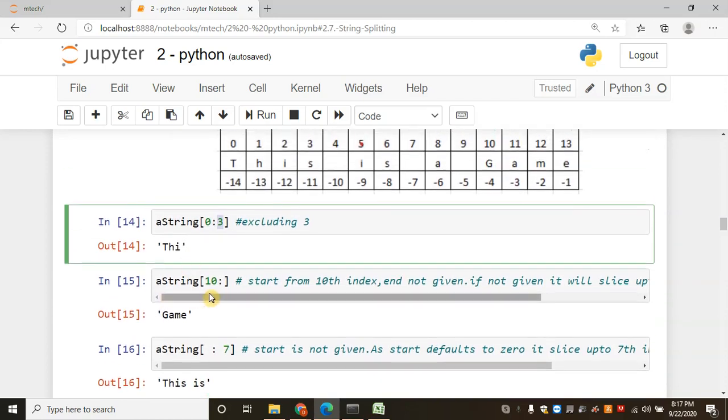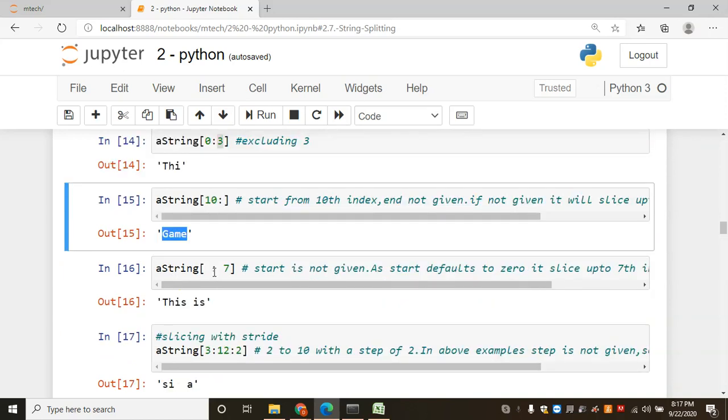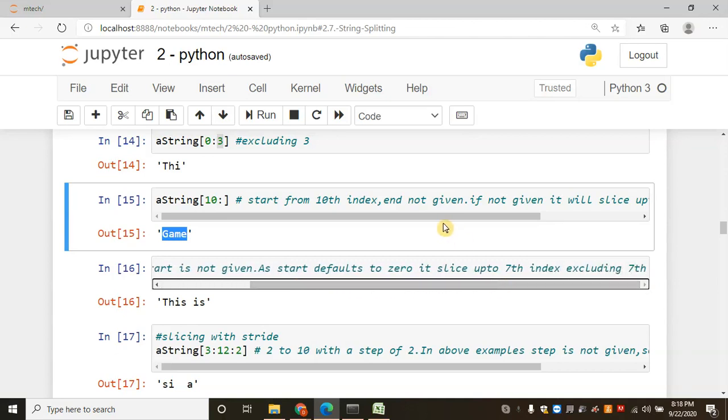A string of 10 colon. Here end is missing. So starting from the 10th index which is G, slice up to the end of the string which is E. So we get game. Here a string of colon 7. Here start is not given, as start defaults to 0. Starting from 0, it slices up to the 7th index but excluding the 7th.